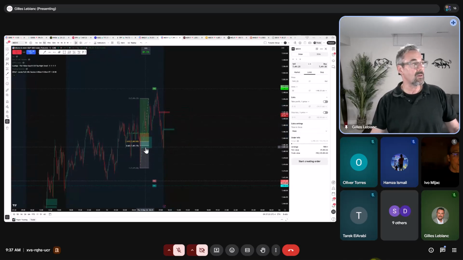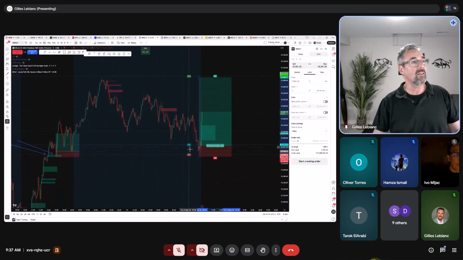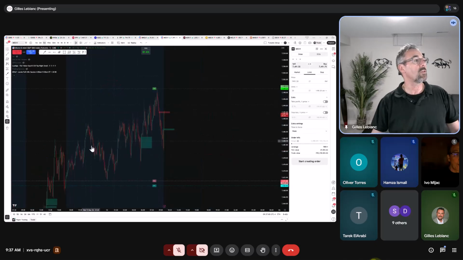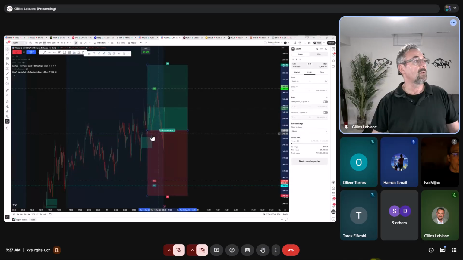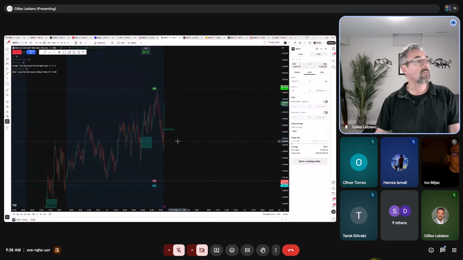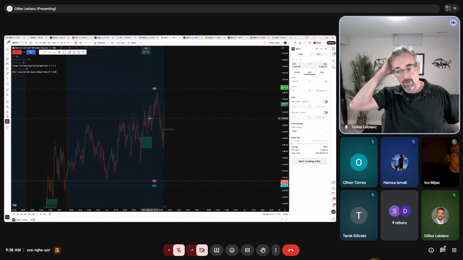I was looking at this just because MNQ was not respecting the fibs, and MES just looked really choppy to me. But this one entering on confirmation also would have worked. If you entered on confirmation here on the 5-minute, the 5-minute tail over here, with the stop below the previous wick, and aiming for 3, that also would have worked in pre-market. All right, so that's the 50% retracement strategy.